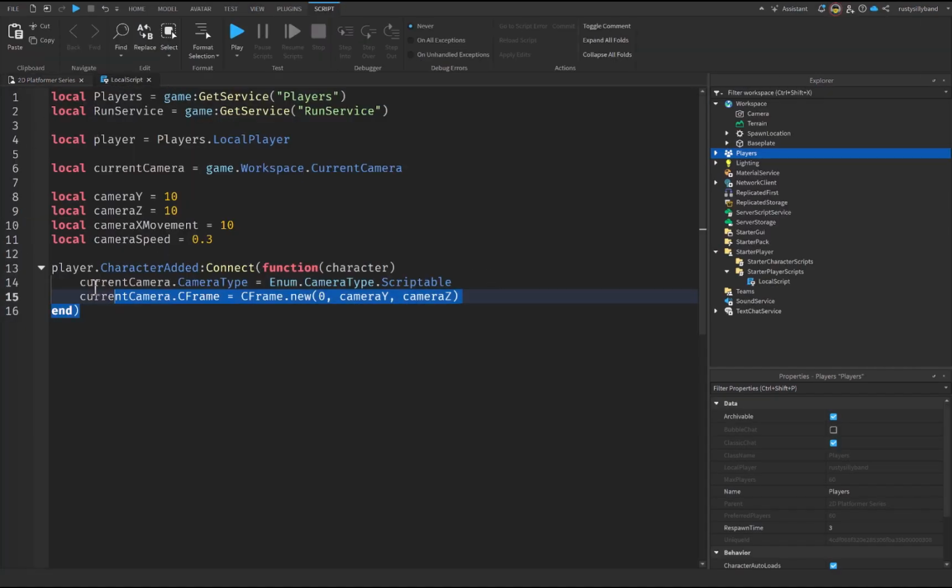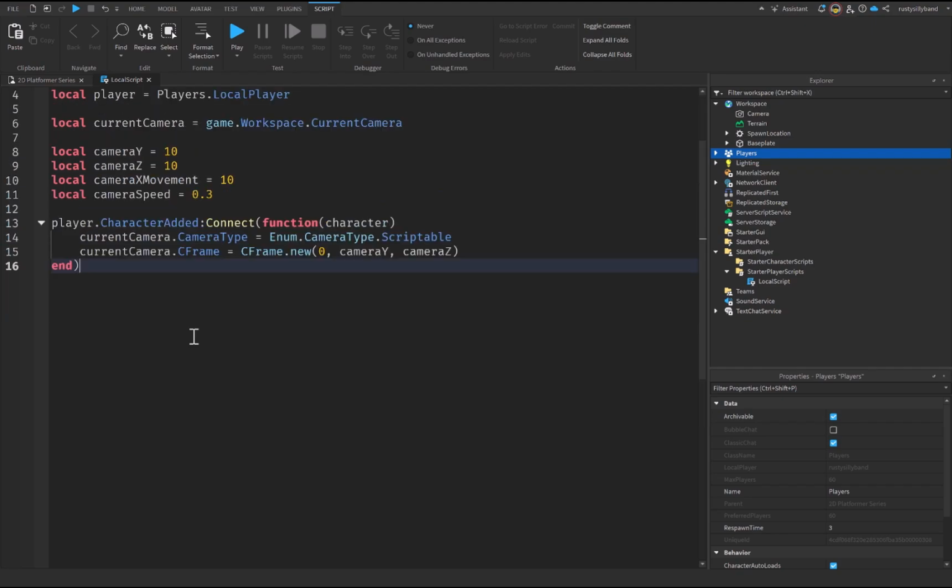And that is all we need to do inside of our player.characterAdded function. Now let's drop down a few more lines right here. We're going to create a brand new local function, and this we're going to call updateCamera, just like this with parentheses, and we don't need to specify any parameters for this function. From there, we can go ahead and get the character inside of a local variable, and this is going to be equal to